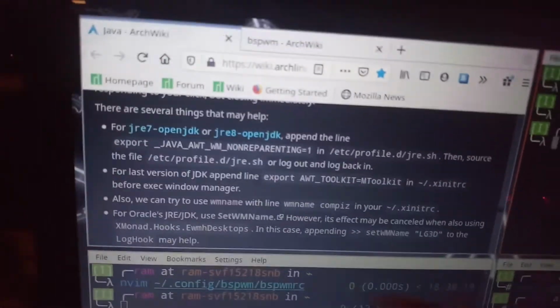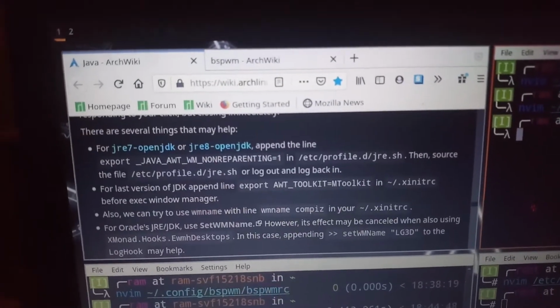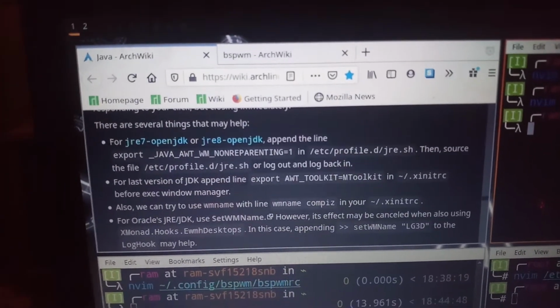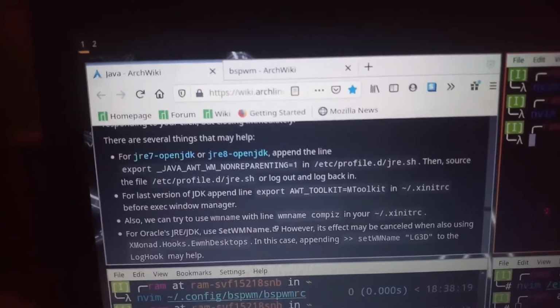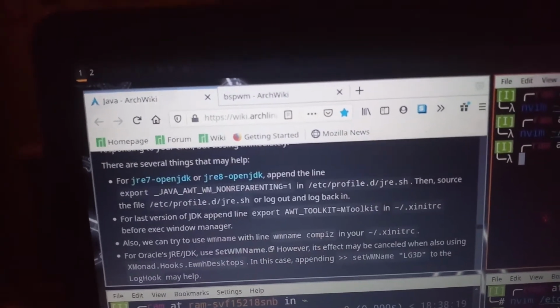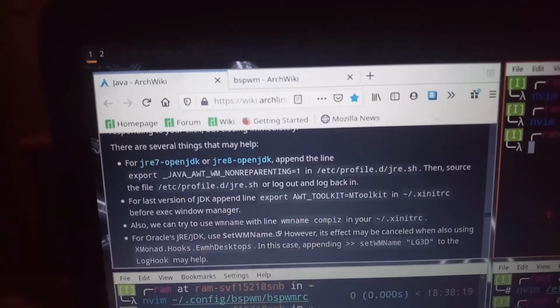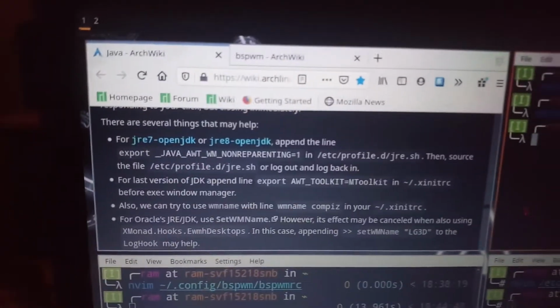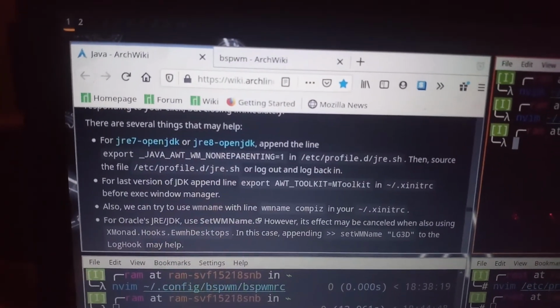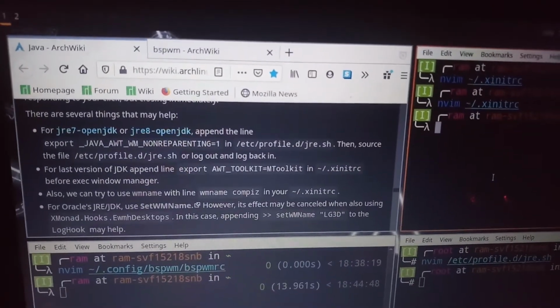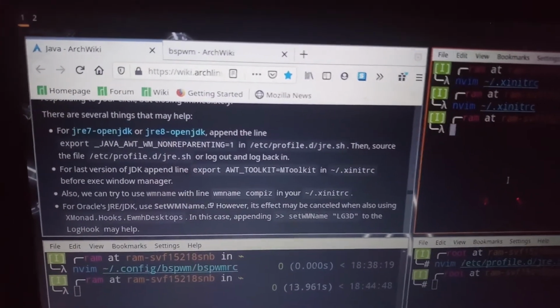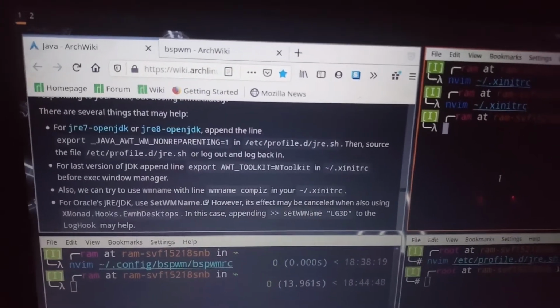Actually, they prefer that you just log out and log back in. That can be done by quitting the current window manager. In the case of both Awesome and BSPWM, I use both of them and have configured them a little bit. I find that logging out is basically quitting the window manager, so it will bring you back to the login page. But sometimes with BSPWM, when changing the configuration, logging in and out or restarting BSPWM doesn't take effect at all. So I need to restart or reboot the entire system. That's what I did.